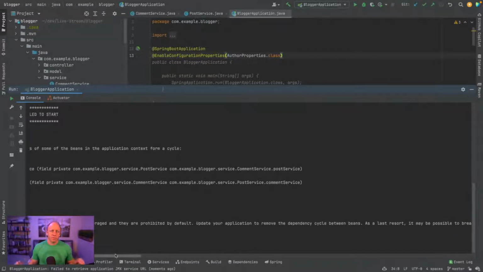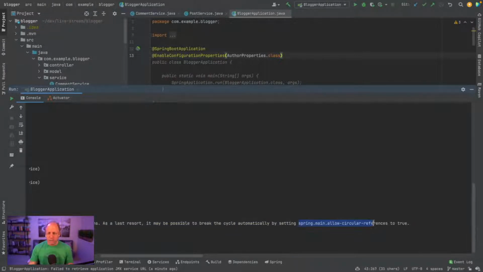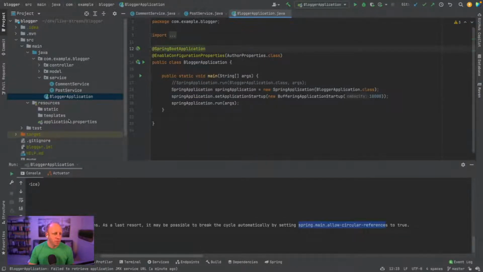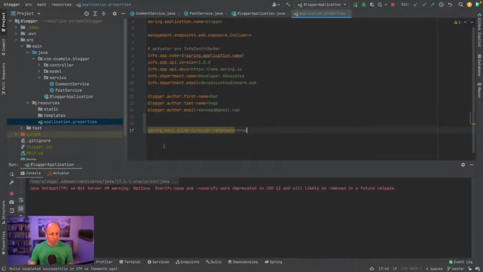Now, we're trying to encourage constructor injection here. But if you have a large application you're trying to update, and you have a lot of this in place, and you don't want to invest the time to go through and fix all of those things, we do have a last resort, and that is you could set spring.main.allow-circular-references to true. So let's go back to our application.properties. We can come in here and set this equal to true. And if we go ahead and run this,